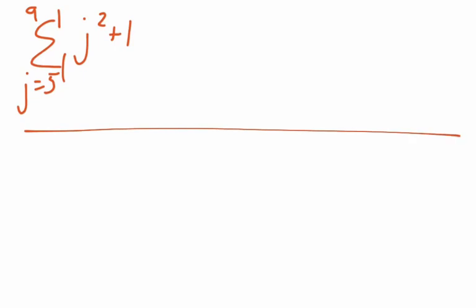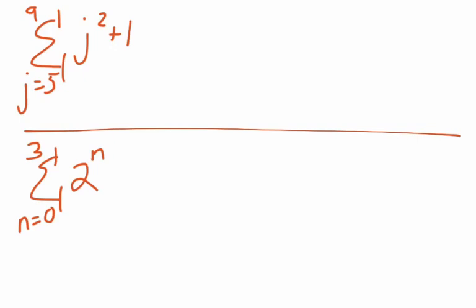We'll do the sum of j squared plus 1. And then for the second problem, we're going to do n is 0 to 3 of 2 to the n. So we're going to put it into the exponent and make that an exponential function. So pause the video and try to work those out on your own, and then we'll resume and you can